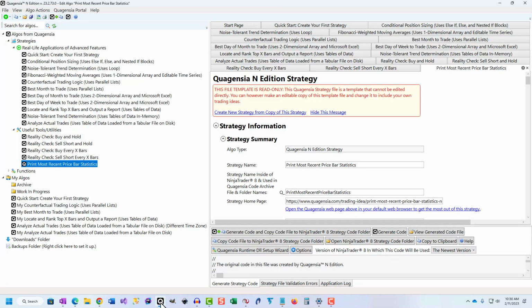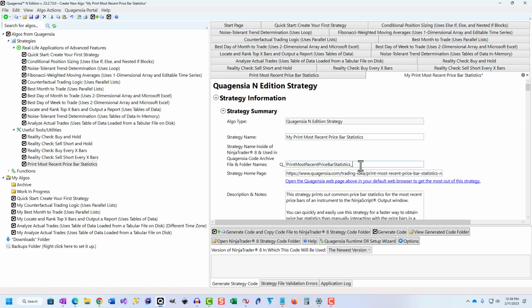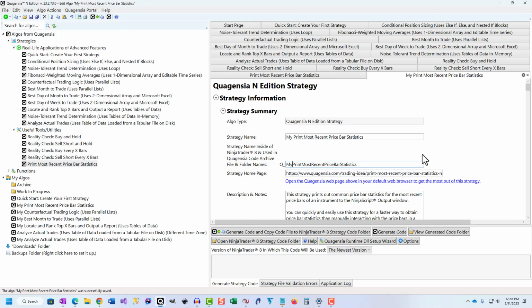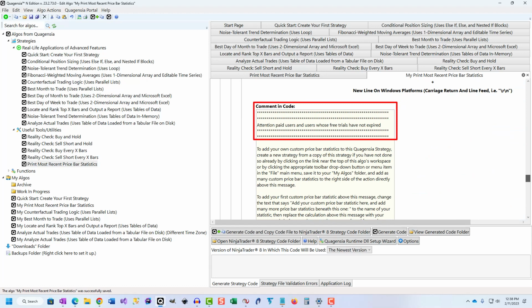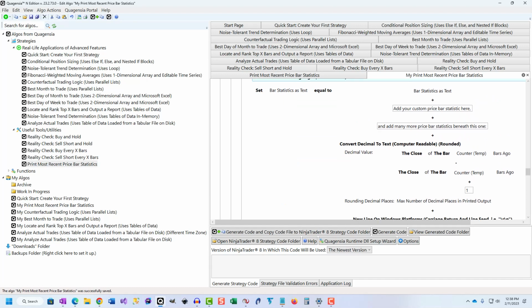To add your own custom price bar statistics to the Print Most Recent Price Bar Statistics strategy, make a copy of this built-in strategy as previously described, then scroll down to the yellow comment that starts with Attention Paid Users and Users whose free trials have not expired, and follow the instructions to add your own custom price bar statistics here.